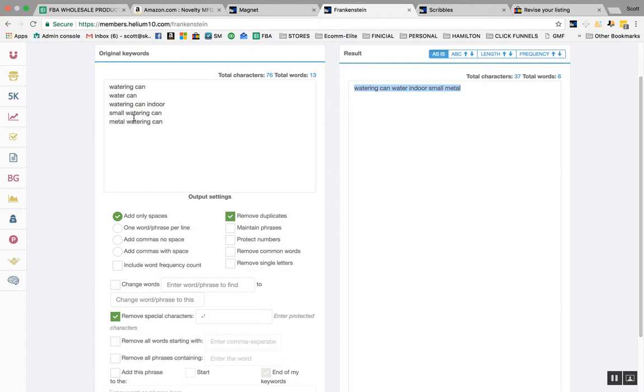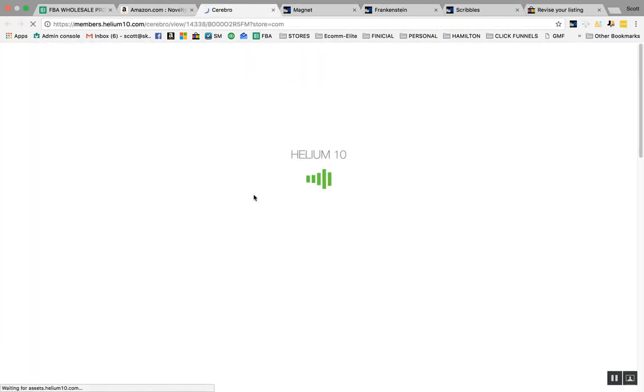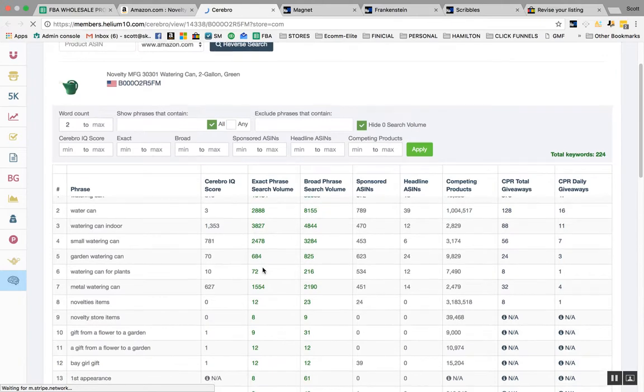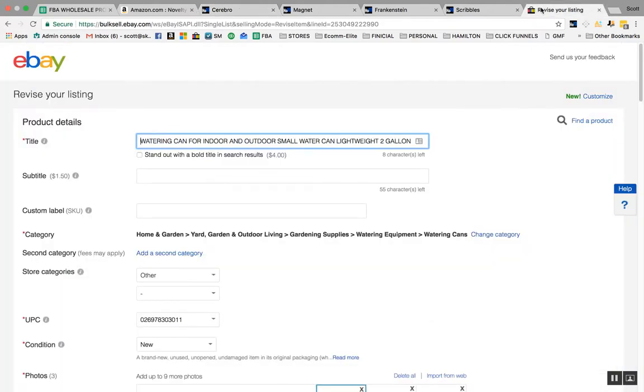Small watering can. Metal watering can. Even if you have to make different backgrounds because you don't have enough pictures, these should be the name of your pictures, right? So when we look here, all right, what's the big one? 16,000, watering can. So your first picture should be called